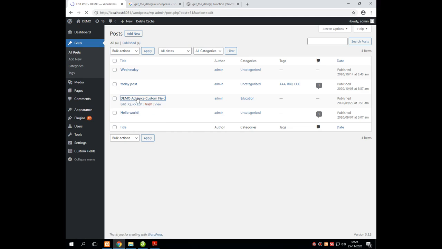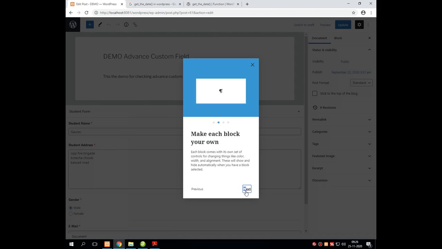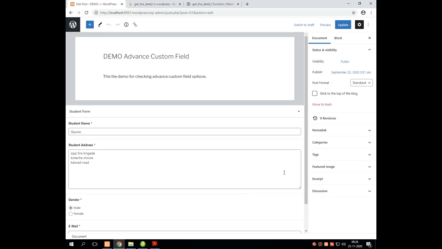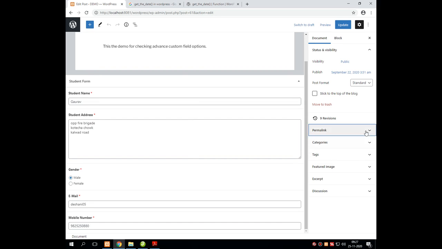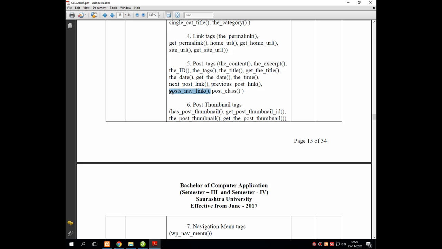Say for example, I am opening this particular post for the navigation purpose. Then this link will be displayed as a post navigation link over the index.php.